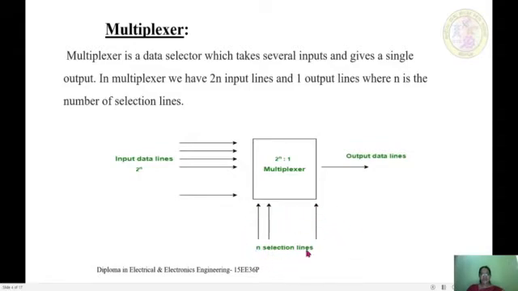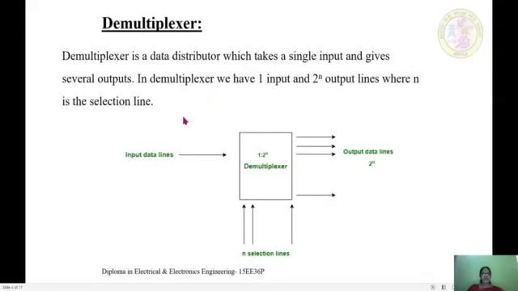And depending upon the address on the selection line, a particular input will be selected and the data present on the input will be transferred to the output data line. We are conducting an experiment on 4:1 multiplexer, meaning that it will be having 4 inputs and only 1 output, and there will be 2 select lines for placing the address.